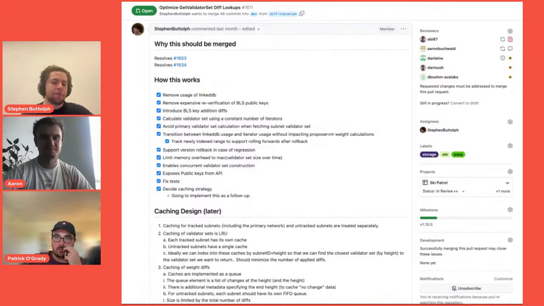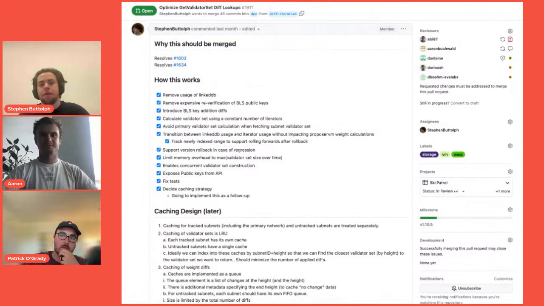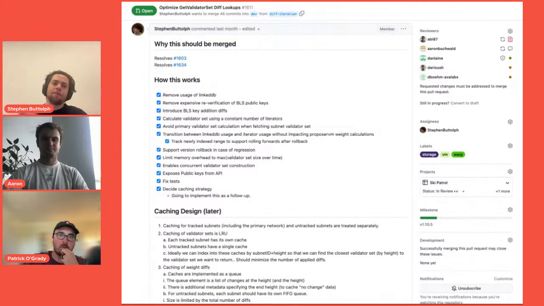But all in all, I'm pretty happy with the state of this. I think for all of the warp verification logic, we have to be considering the worst case time for all of our gas calculations. So there's a pretty rich space for caching improvements along these height diffs. But I don't think that you can really rely on caching for the actual end cost calculation for the warp verification. So I think at this point we're getting pretty close to being